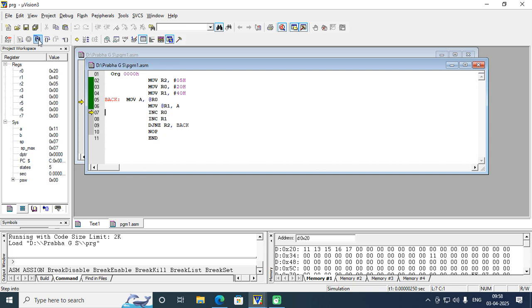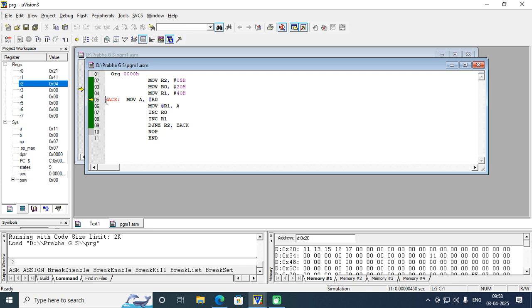Next it will increment R0 and R1. You can observe R0 has been incremented by 1 so that it has become 21 now. Next R1 has been incremented by 1, it has become 41 now. So what is the next step? If R2 is not equal to 0, it should go back to the loop with the label back.